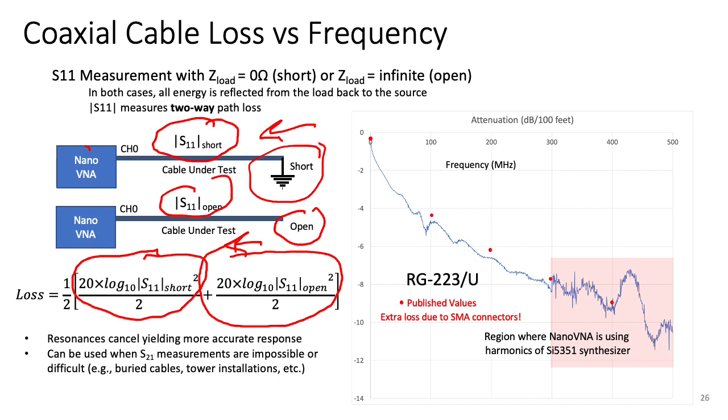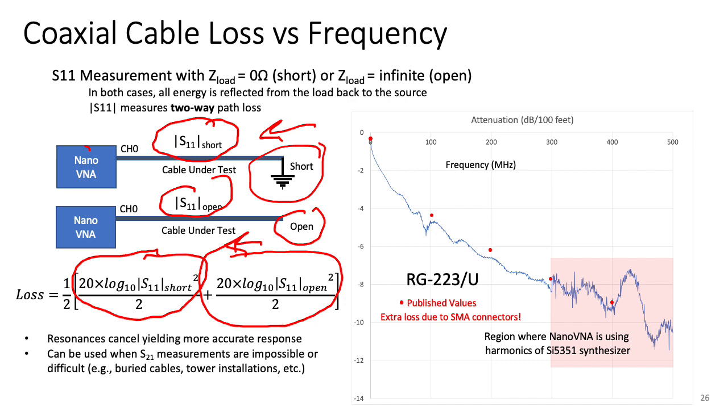Now, why did I do two different ones? Well, it turns out that if I have a coaxial cable and apply a load to it, you'll see some rippling effects because of the way the impedance varies along that line. So in order to eliminate those little ripples, if I average these two out, one with an open, one with a short circuit, I end up with a fairly smooth line, as you can see on the right-hand